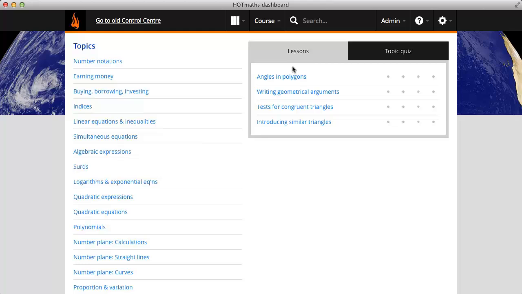Now, as teachers, you can actually ask your students to take a quick topic quiz before they go into any one of those particular lessons, and that'll help you get a snapshot of exactly how your students are doing over the whole topic. So to show you what that looks like, I'm just going to click on the Topic Quiz tab,